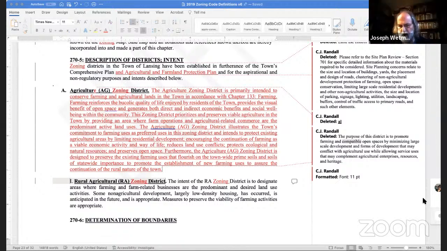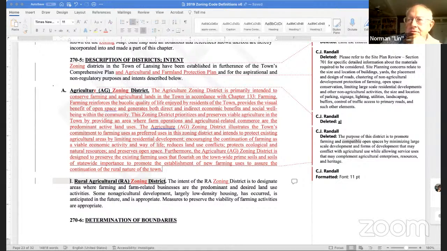Well, I guess the question is, what's the best way to help preserve the agricultural uses when houses are getting built in the area? Is it better to set out some specific parameters saying a well has to be 25 or 50 feet from a lot line? Or do you want to have everything in the ag district go through site plan so that the planning board can sit there and say, hey, if you put your well there, that's a real problem. How about if you put it over here and put your septic tank over there and things like that? I don't know how difficult it would be to do that in relation to working with the health department.